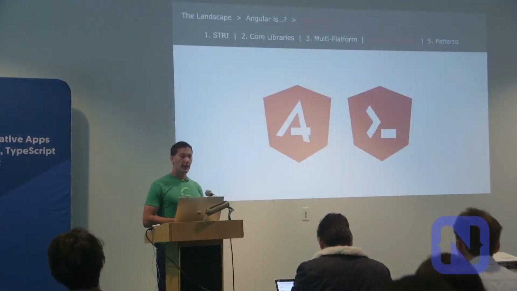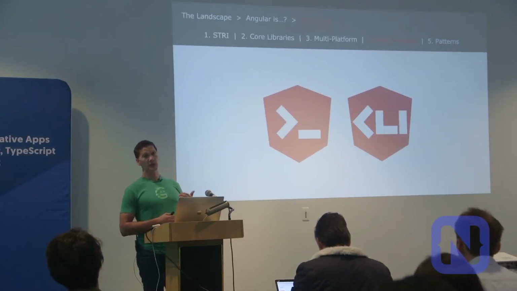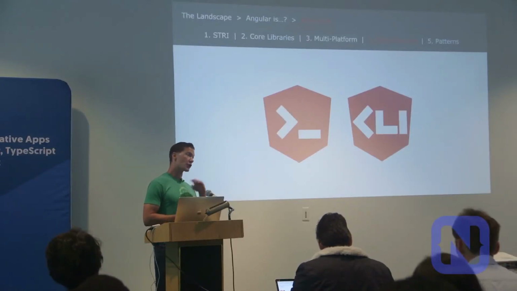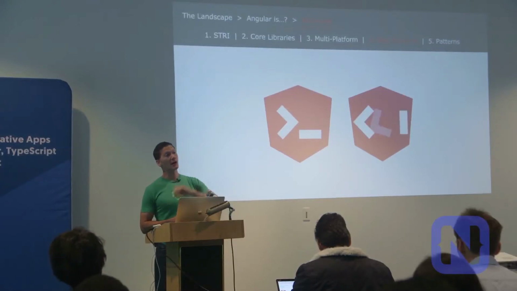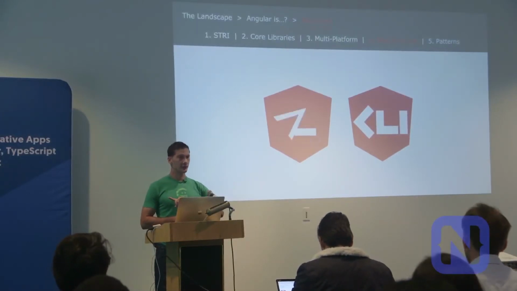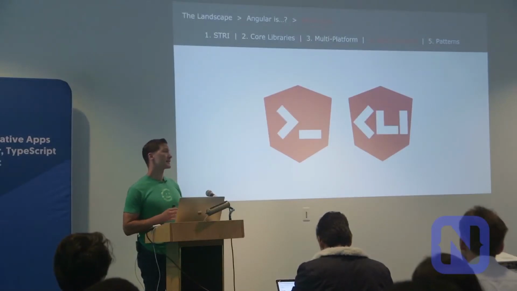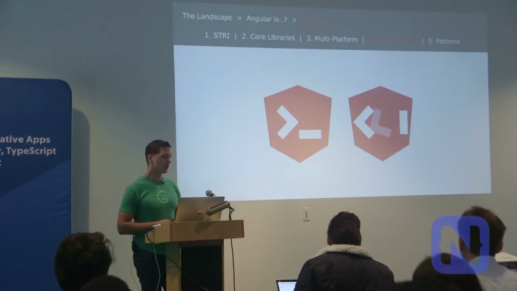And so Angular has spent a lot of time and effort, and continues to spend more, on the CLI. There's a lot of cool stuff that it's already done, which I'm going to demonstrate, and a lot of cool stuff on its way that I'm going to talk about at the very end of the talk, that will really set Angular apart from a lot of other frameworks because of this tooling.